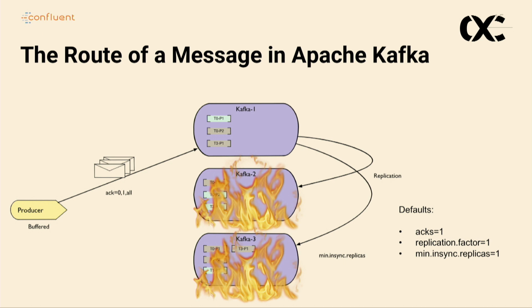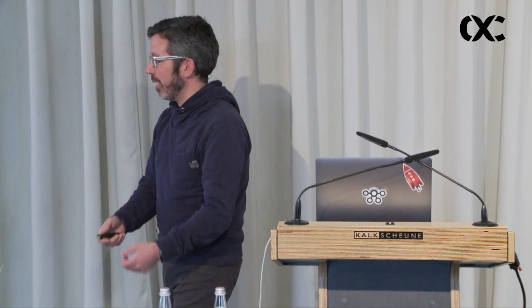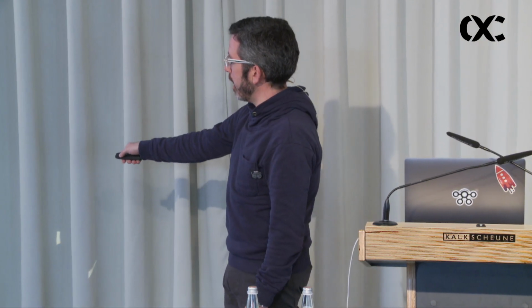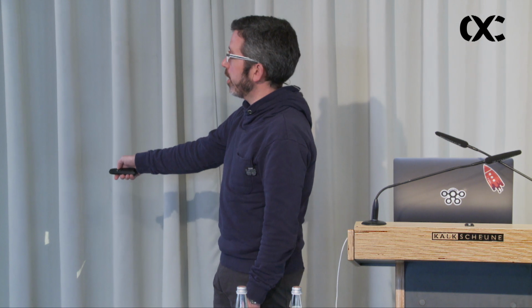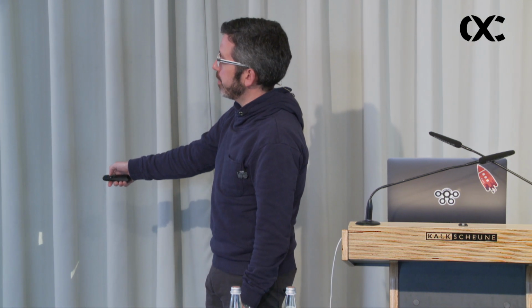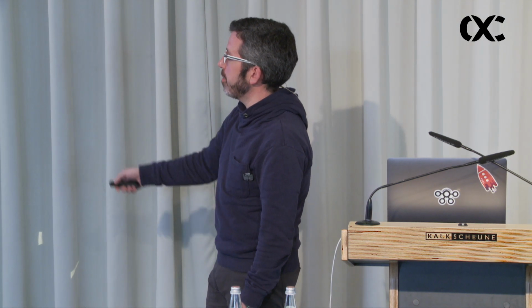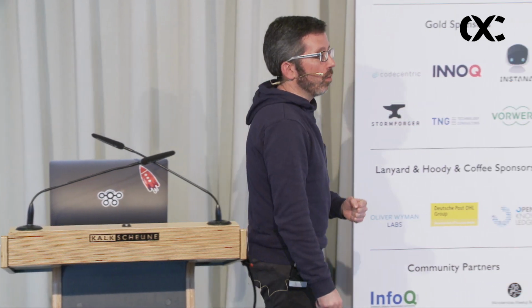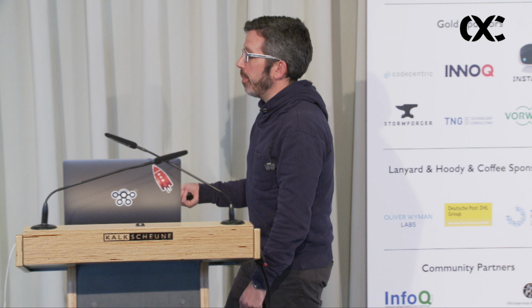You should be careful when you start with Kafka because the defaults are not production ready. Because it's very hard to have a production system in your laptop. The defaults are 1, 1, and 1. What it means is that Kafka is optimized for availability and latency. Okay, it's optimized for fire, received in one broker, and return, not for durability.